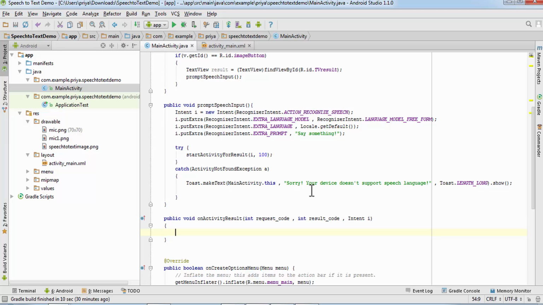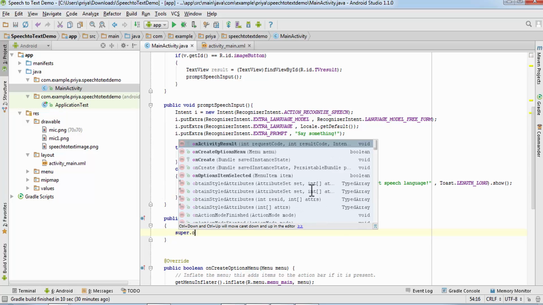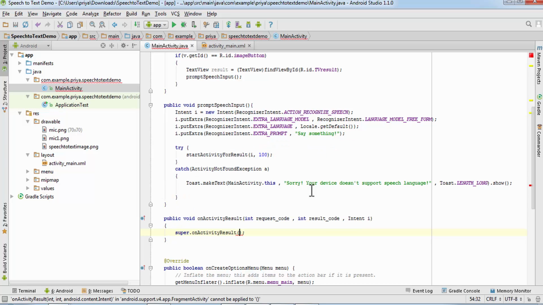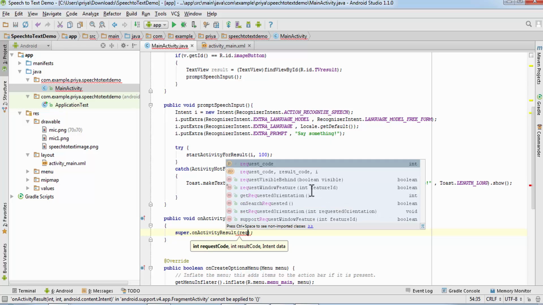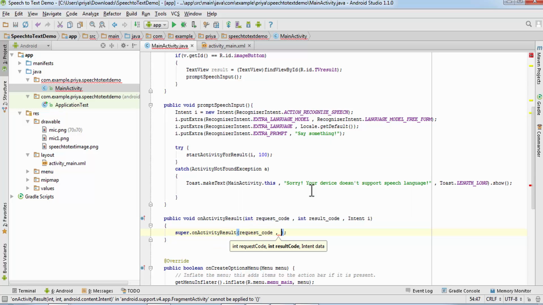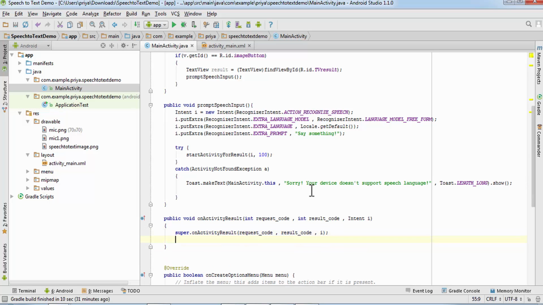This is going to use the method from the superclass. So write super.onActivityResult, and it takes three parameters: requestCode, resultCode, and i. So pass these three parameters here, and after that we are going to use switch case.